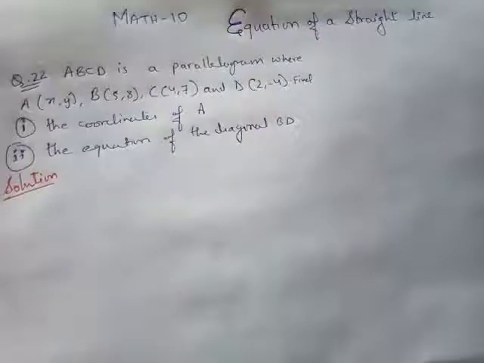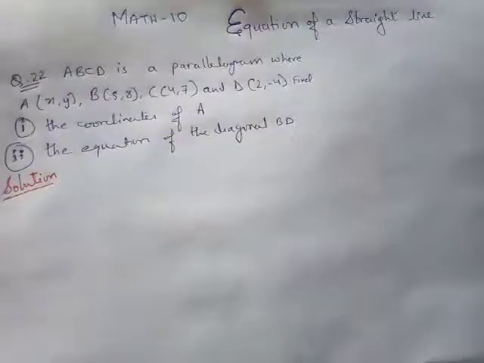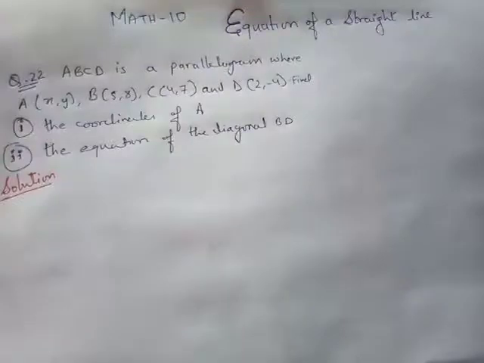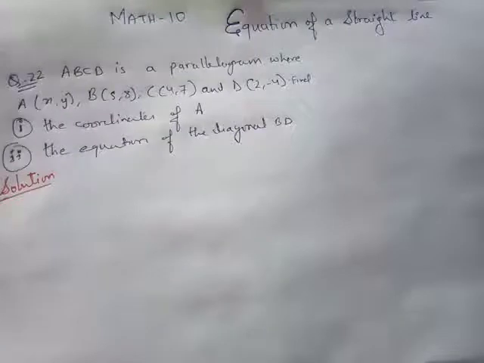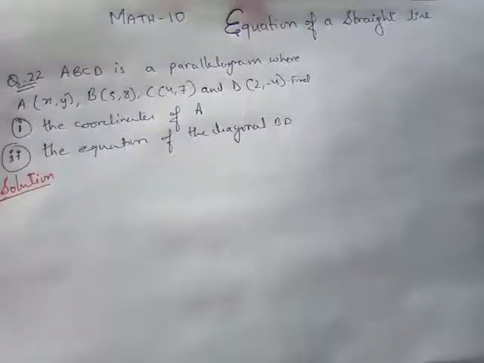Today we'll be looking at some of the questions from exercise 12.1, and the questions are going to be on the same topic, that is equation of a straight line. We'll be looking at question number 22 first, so that the question can help you do your homework and you find it easy. It's important for you to understand the basics of how the questions are done. If you know how the questions are done, you'll be able to do the other questions that need to be done, right? So let's start doing question number 22.